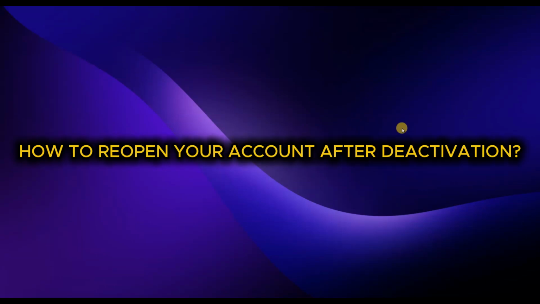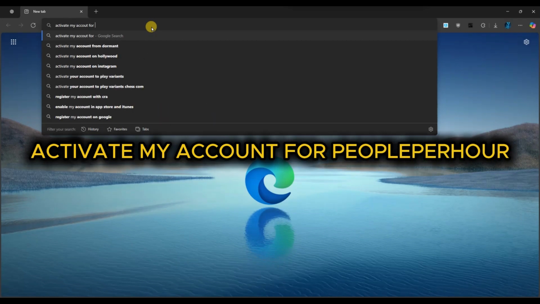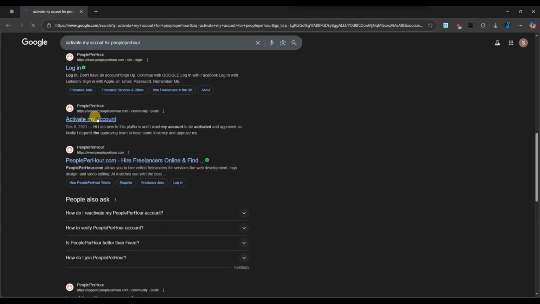How to reopen your PeoplePerHour account after deactivation. First of all, open your browser and search for Activate My Account for PeoplePerHour. Then click on the official link from PeoplePerHour, or you can contact support to reopen your account by providing the